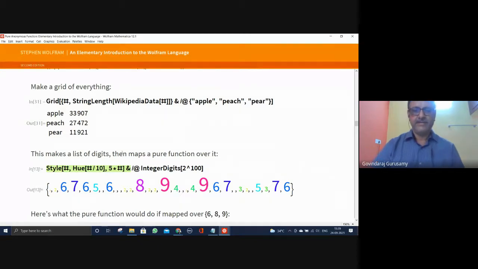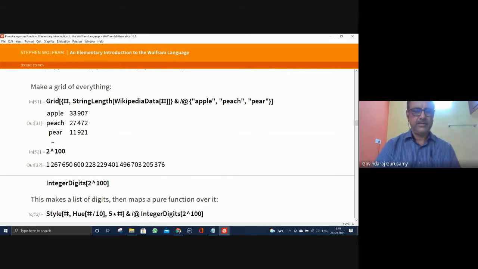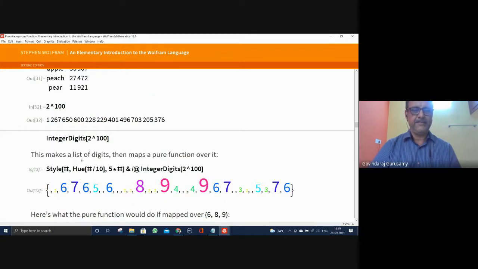Okay, if you don't know, then I will break this down. I'm going further in. So this is the number I have, correct? 2 power 100, integer digits.